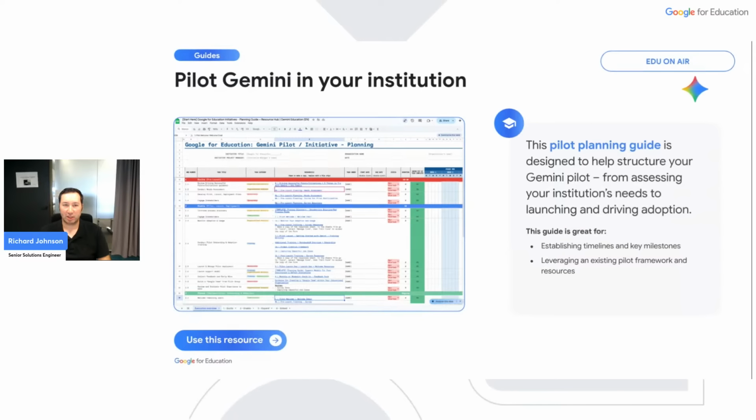For those that are planning to put this in place or are project managers, piloting and project managing Gemini for Education is easy. We understand that there's a lot of rigor, governance, and change control around any technology implementations. So we've built a templated project plan with activities, milestones, and a Gantt chart to help you kick off quicker. You'll be able to track your time and monitor dependencies. This covers not only technical implementation, but the change management side of the implementation, which is helpful. There will also be links and resources attached to the template, so be sure to take advantage of this.